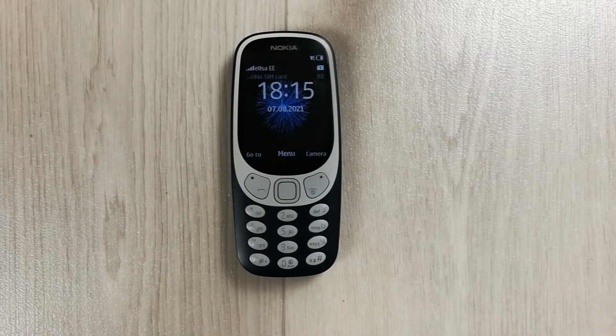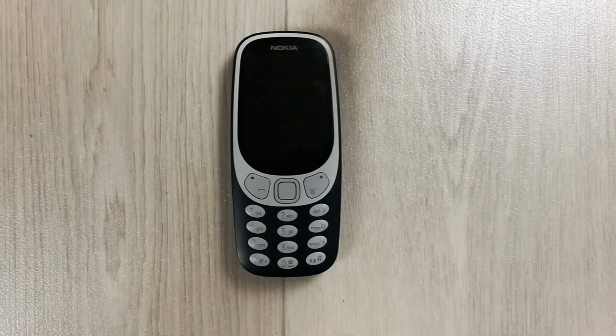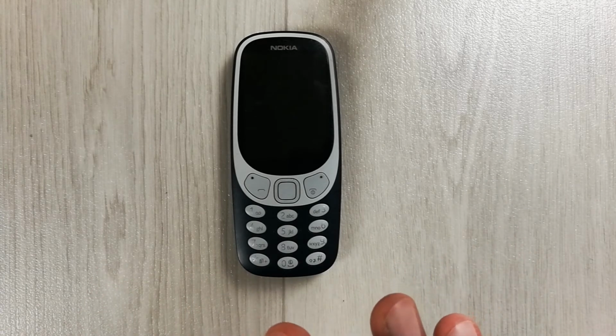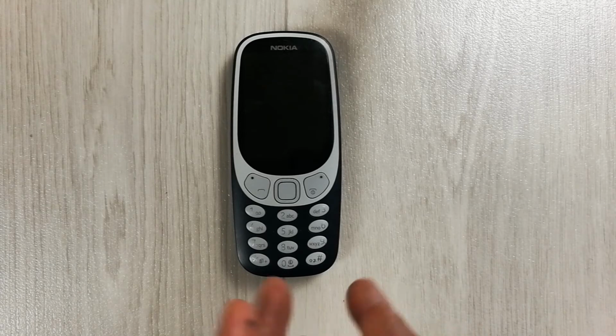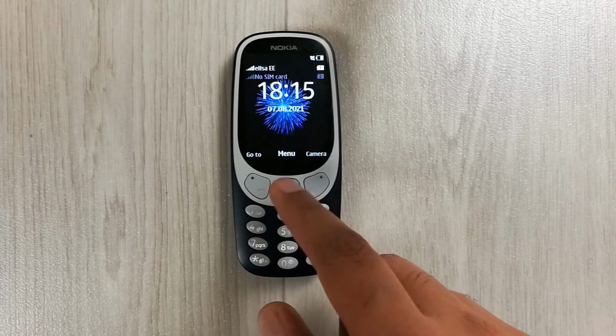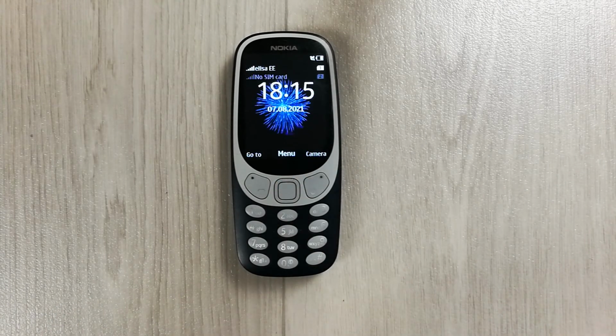So you can see over here, now it is going off, and then after a few seconds it will completely turn off. So this is how you can save your battery. The screen will be turned off automatically after 10 seconds. And if you don't want to see your screen, it's okay. If you want to turn it on again, just press any button and it will turn on.